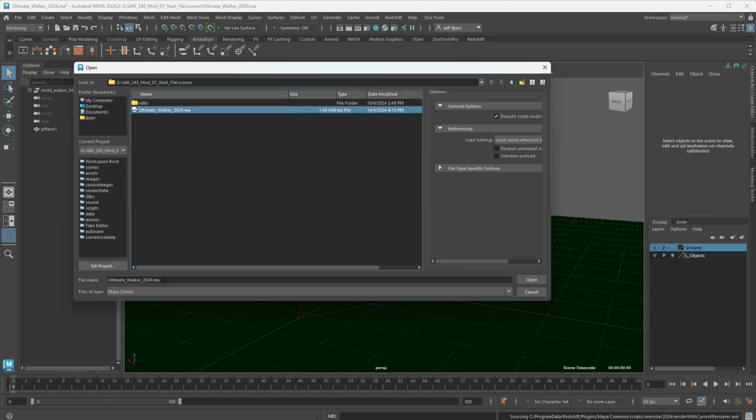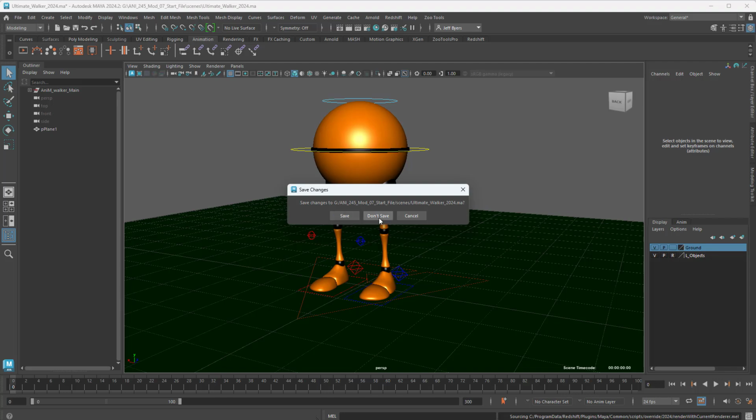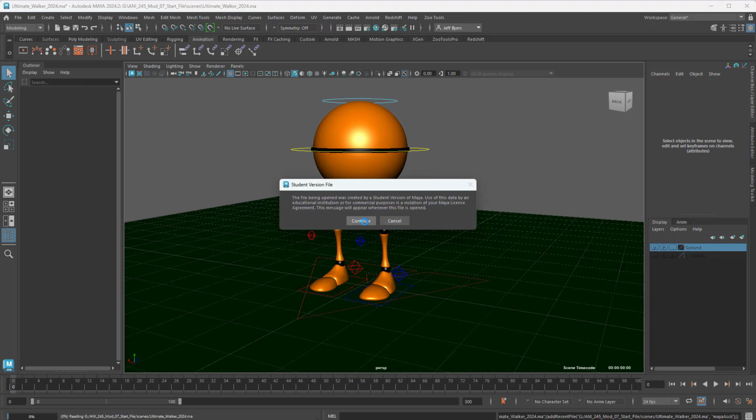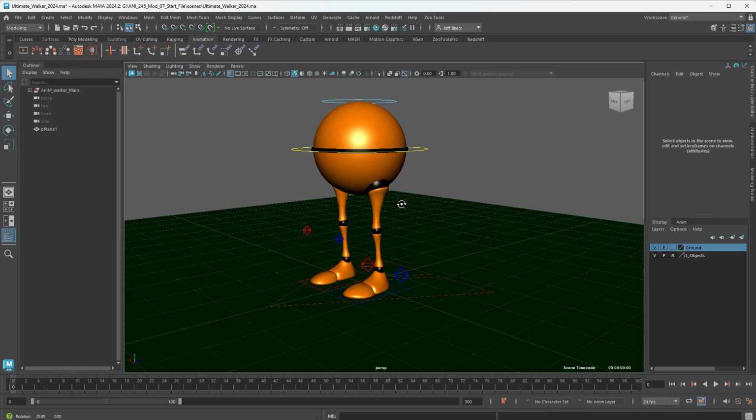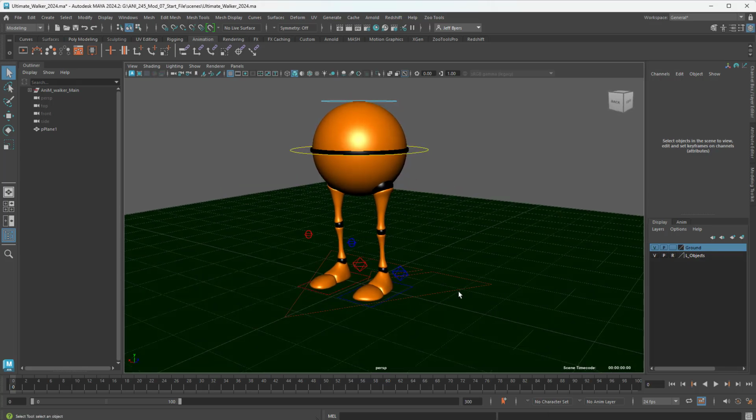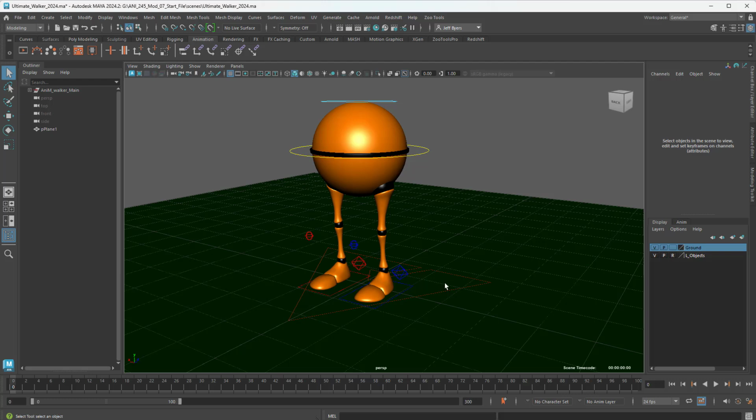You will have to save your scenes in Maya ASCII. It won't save it as an MB file, so make sure you remember that. Click Open. You'll get this little thing that says File, Student Version, blah, blah, blah. Click on Continue. Now this video is about getting you comfortable with the rig. All right, so I'll just show you really quick how the